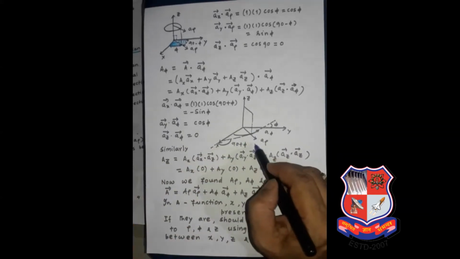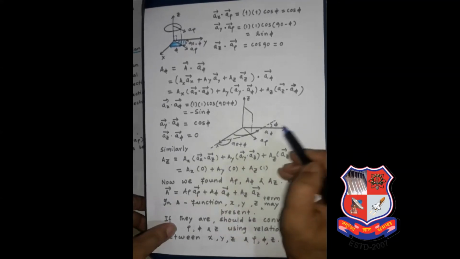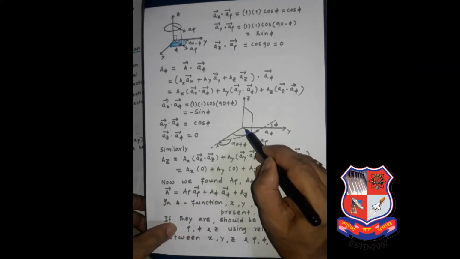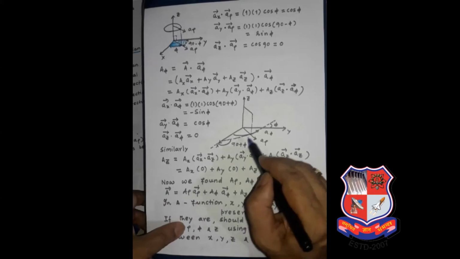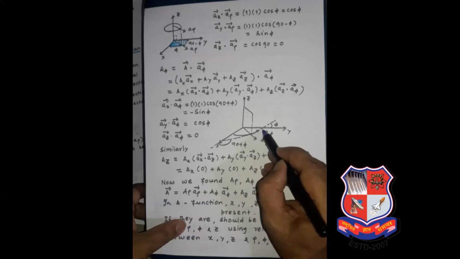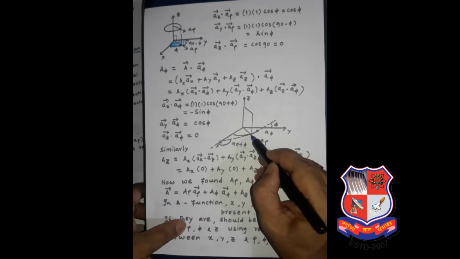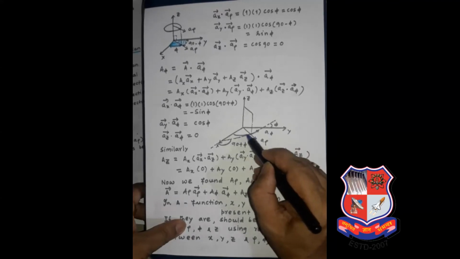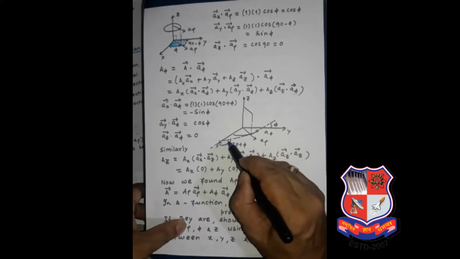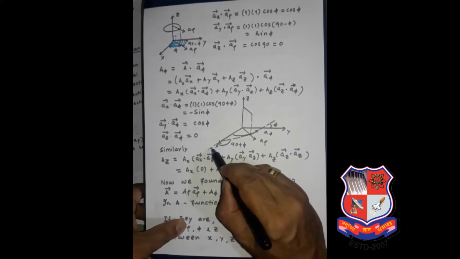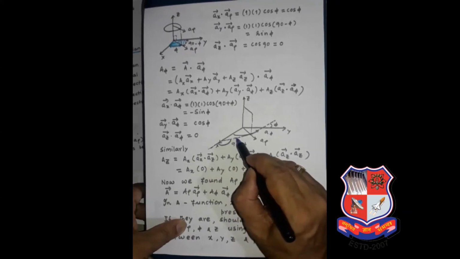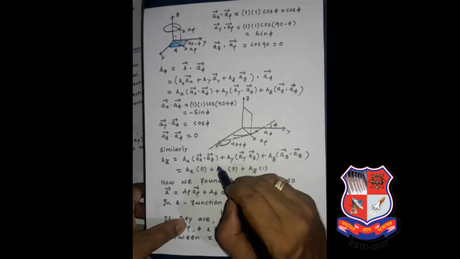So again I have drawn the figure here. This is your x direction. This is the angle phi, which the rho vector is making with the x direction. We need the angle between x direction and phi direction. So what is the direction of phi? It is along the tangent to the surface of your curved surface. So if this is the a phi direction, if you extend it backward, here you can see this is your x direction, this is your phi direction, and this is the angle between the two. So what is this angle?